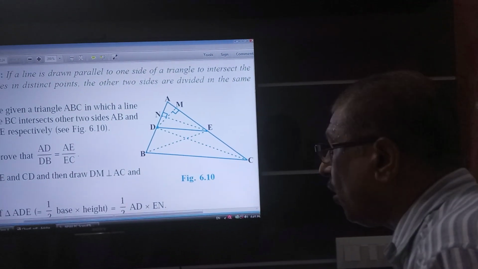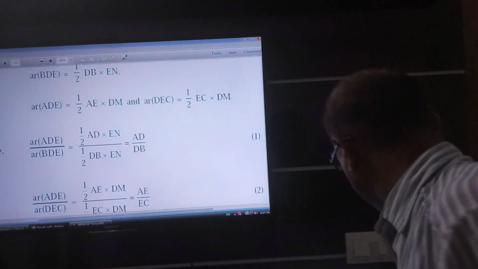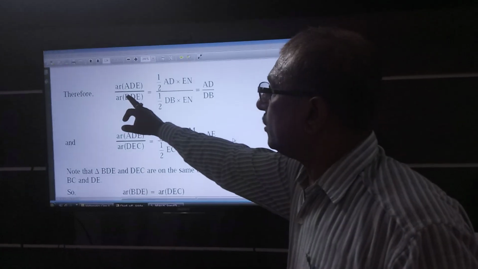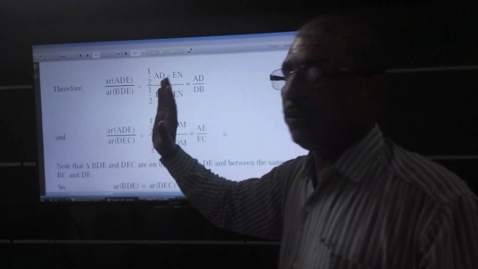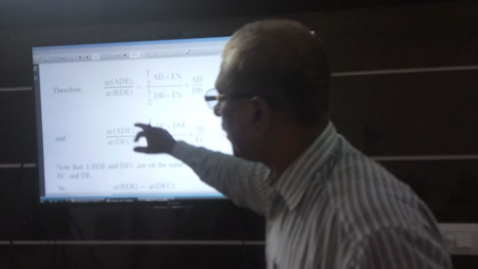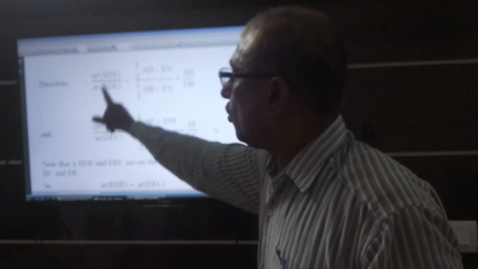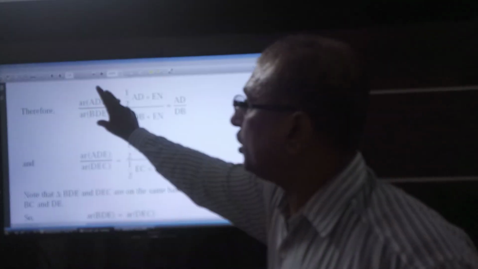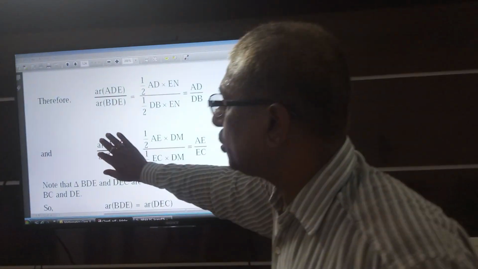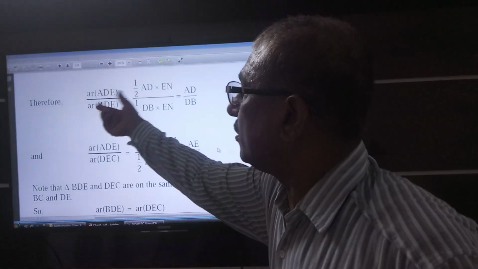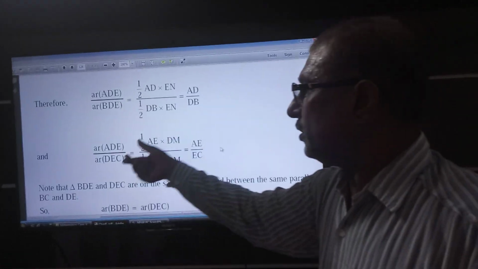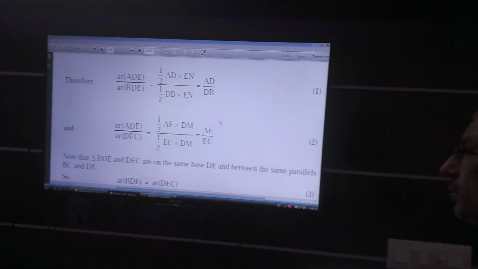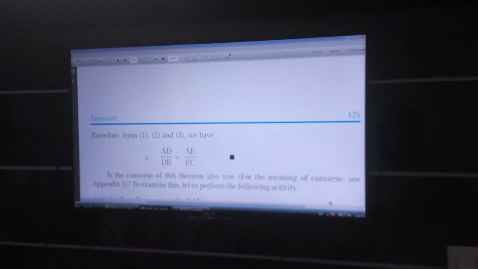Okay children. Now you can see these two triangles have equal area and these two triangles also have equal area. I have explained this. So this whole ratio is equal to this one because this one is equal to this one. Both are the same triangles, and area of triangle BDE is equal to area of triangle DEC. So these two ratios are equal. If these two area ratios are equal, then these two ratios will also be equal because this is the simplified form, AE and EC. So these two ratios will also be equal. Can you see children? So this part we have explained. So finally you get this part.